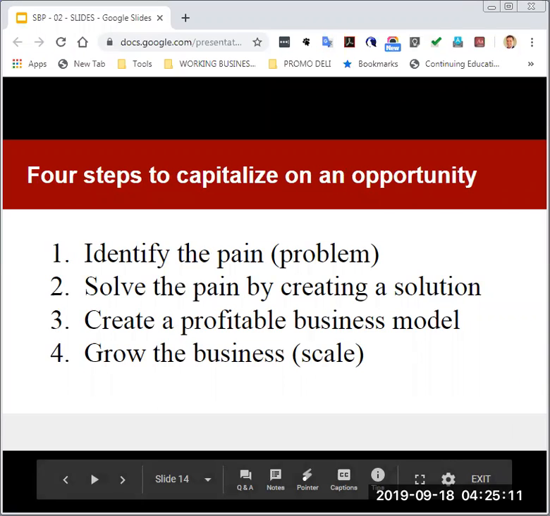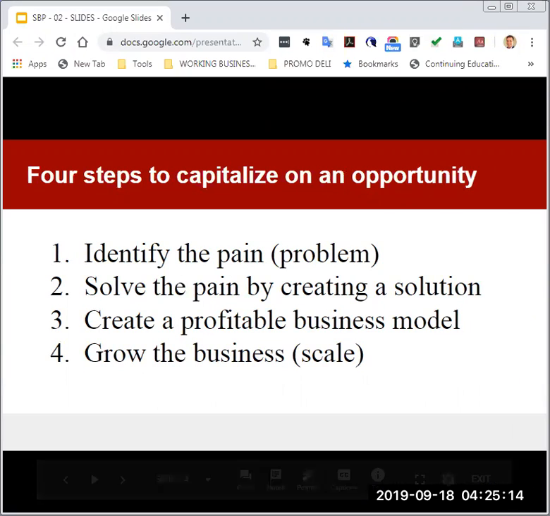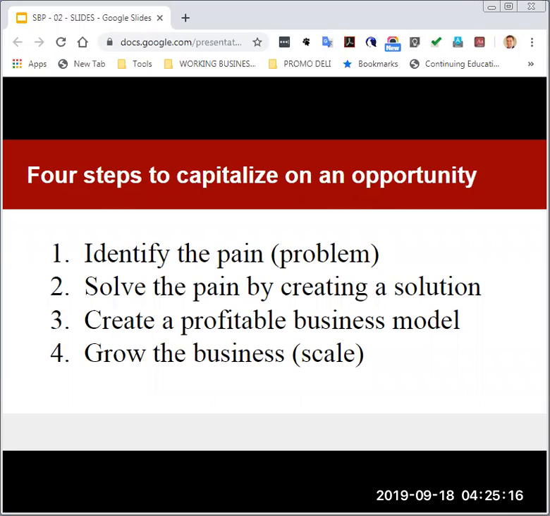So what are the four steps to capitalize on an opportunity? If you're able to identify an opportunity, the four steps would be, one is to identify the pain or problem. That's really the why that customer is standing there. Two is solving the pain. And that's the what if. What if we were able to create something different? The third step is to create a profitable business model, which is what we're doing in this course.